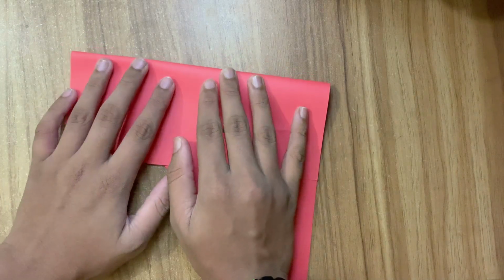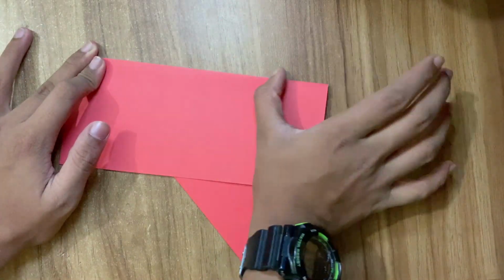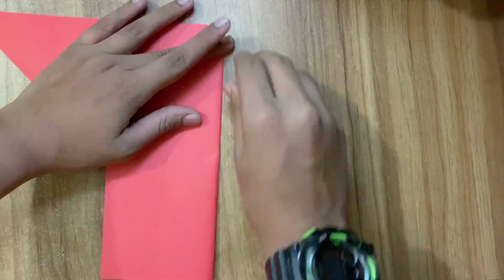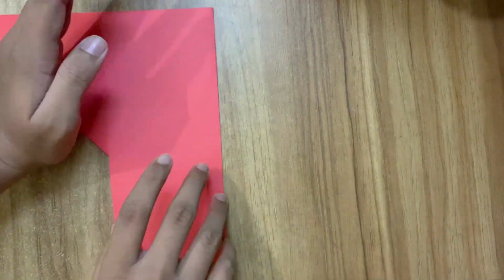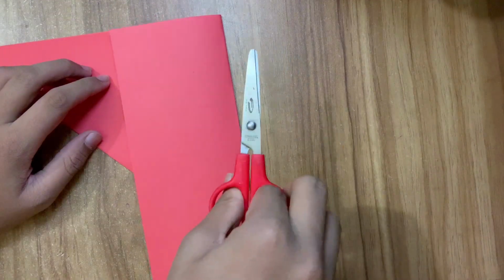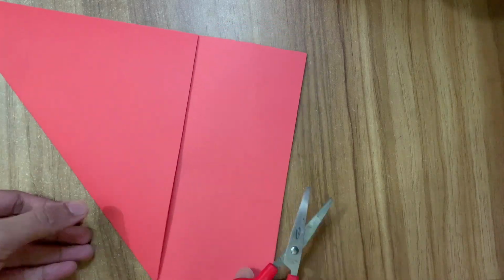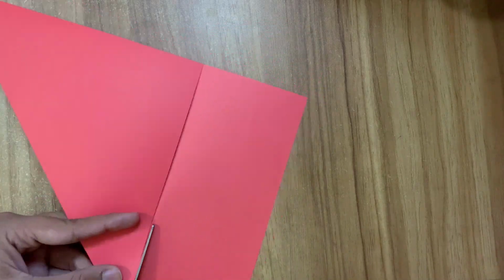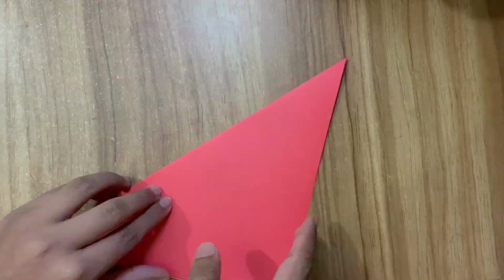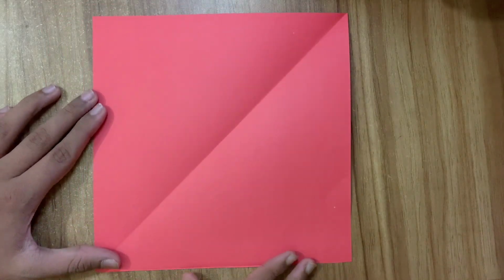Okay, now follow the steps. Make a crease here. And also here. And now we have to tear or cut this part of the paper with scissors, or you can also tear this part with your hands. Okay, now we have the perfect square shape paper. And now